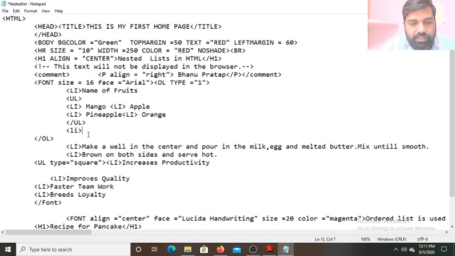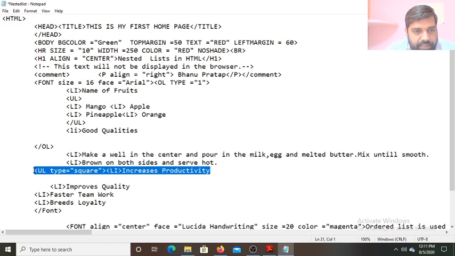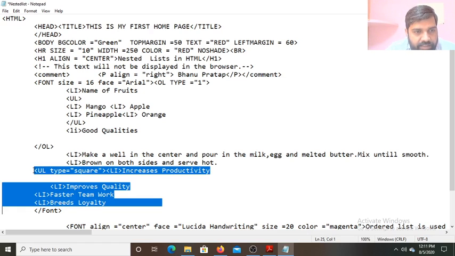Now we will copy and paste this unordered list from here, see, type square, this way.